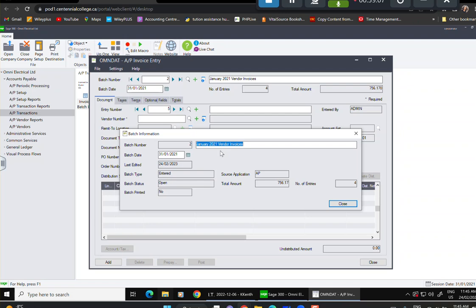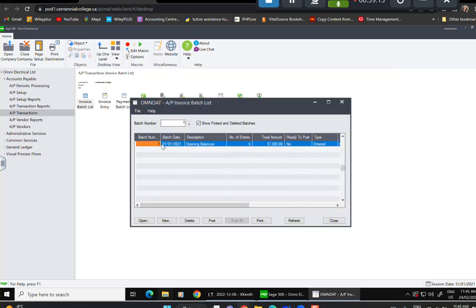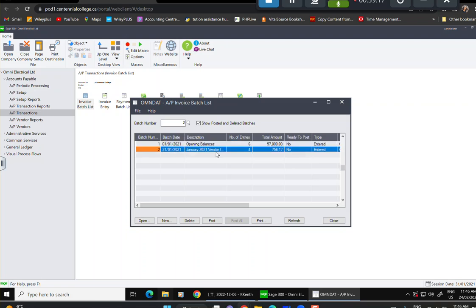So what we did is click close on this, and we are going to close it. Now we are going to go back to our invoice batch. In this case, we have 2 batches, batch 1 and batch 2. If you double click it, you will see that we have the batches. So in other words,